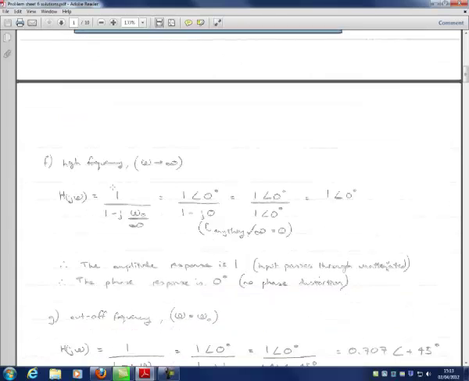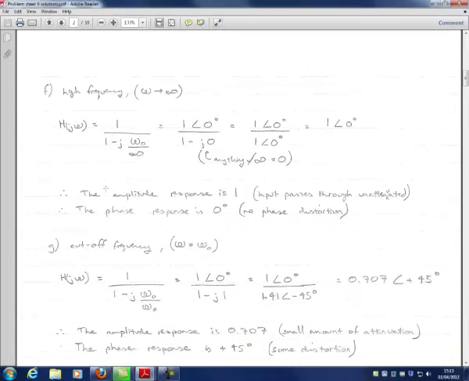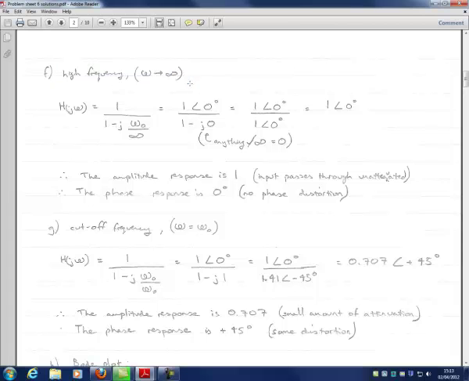So I've said let's just roll up, at high frequency omega tends to infinity. So every time we see omega in the voltage transfer function, we're going to replace it with infinity. So that's what we've done here. So this becomes our complex voltage transfer function, where it's minus j omega naught over infinity. What we can see is that this becomes, I've converted the top part into polar form already, so it's 1 at an angle of 0 degrees,